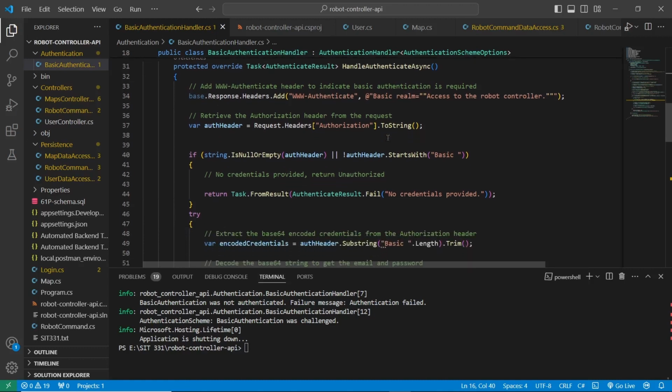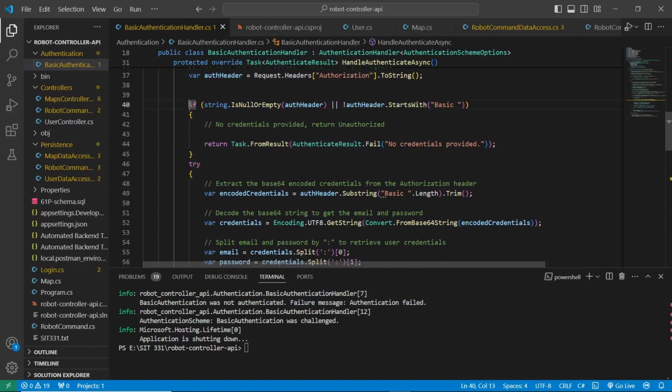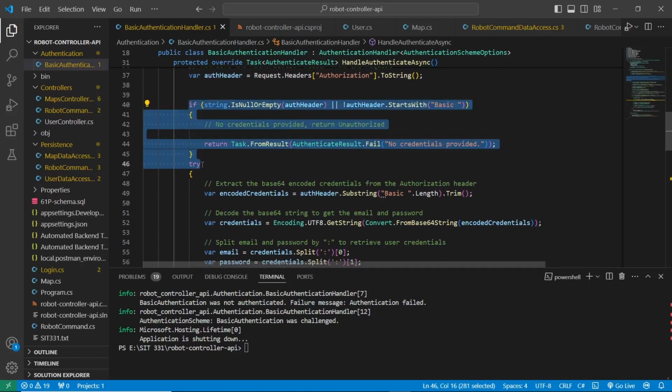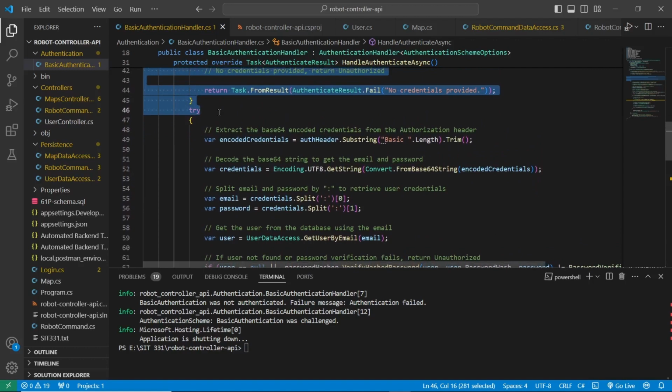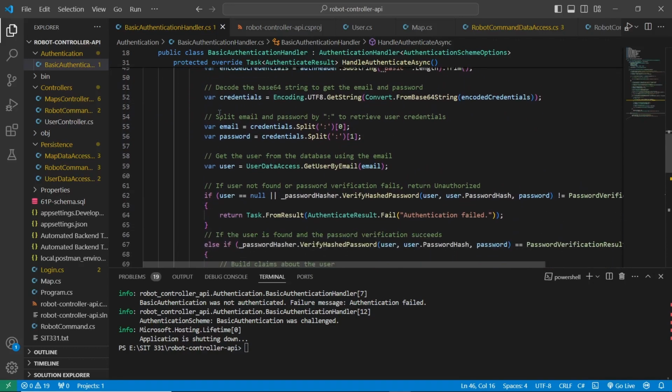Then we are defining the authorization header variable, and this header retrieves the authorization header from the HTTP request. This header contains the credentials provided by the client. Then we are checking if no authorization header is present, or if it does not start with Basic. If either condition is true, it means the client has not provided the basic authentication credentials. Then we are saying that no credentials are provided, and if it is false, then the try block is going to execute,